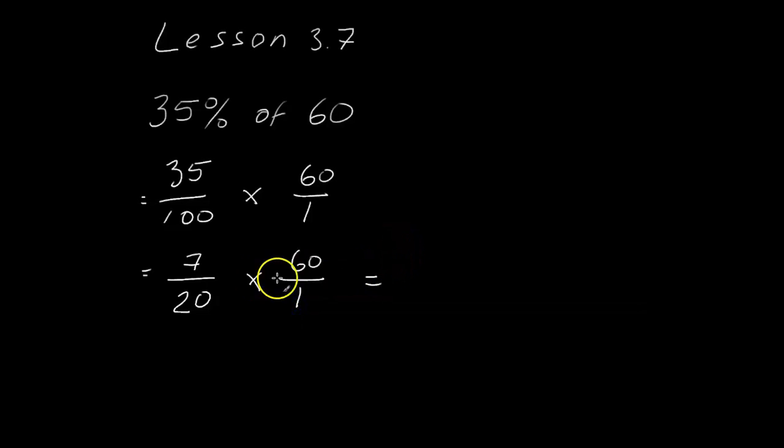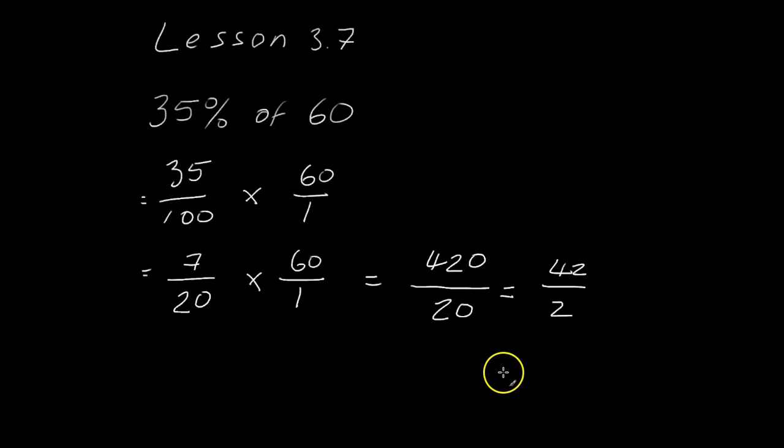Then we're going to multiply, just as we see here. So 7 times 60: 7 times 6 is 42, and add the 0, and 1 times 20 is 20. Then we're going to simplify this further. If we divide these by 10, we get 42 over 2, and 42 is divisible by 2 21 times,